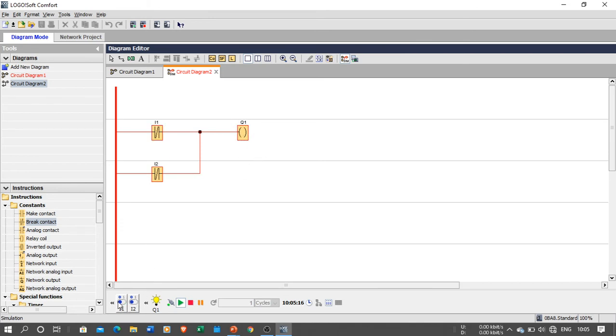And now both I1 and I2 are 0. You can say over here I1 is 0, I2 is 0. The output is 1. Okay, so the NAND gate will give you the output when any one input is 0 or all the inputs are 0. But when all the inputs are 1, logic high, the output is 0 over there.